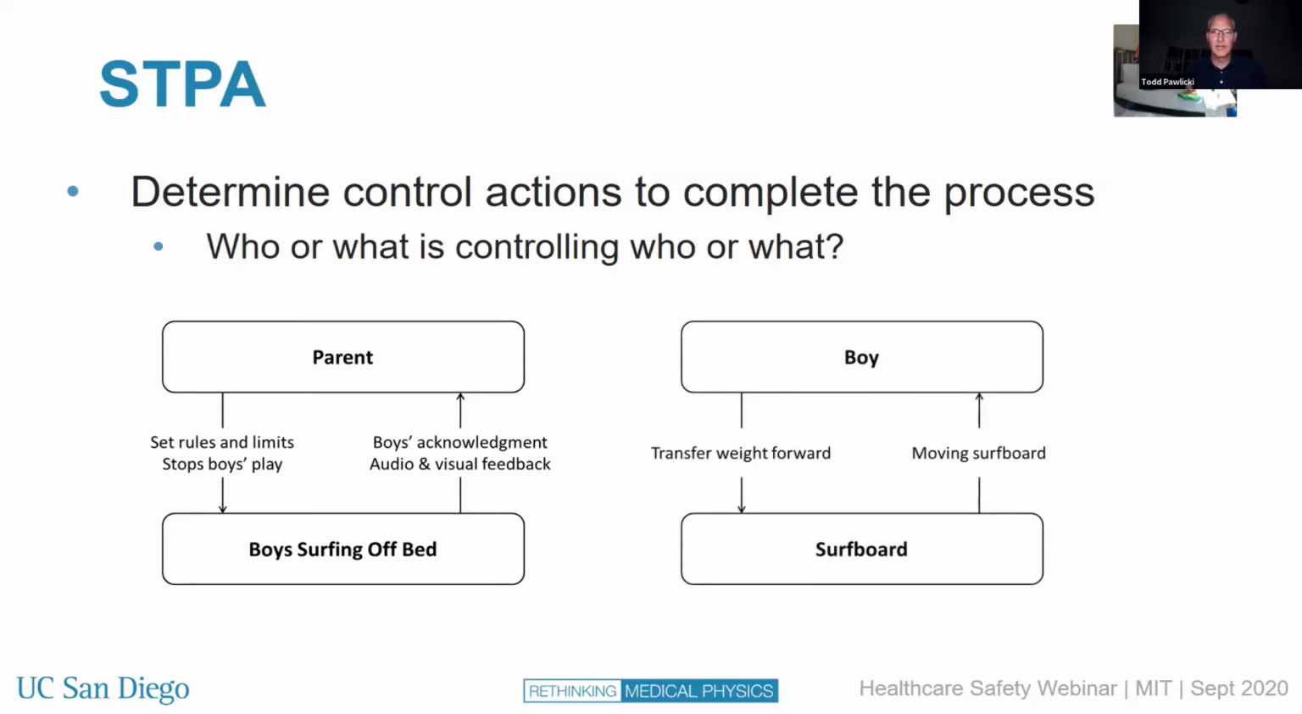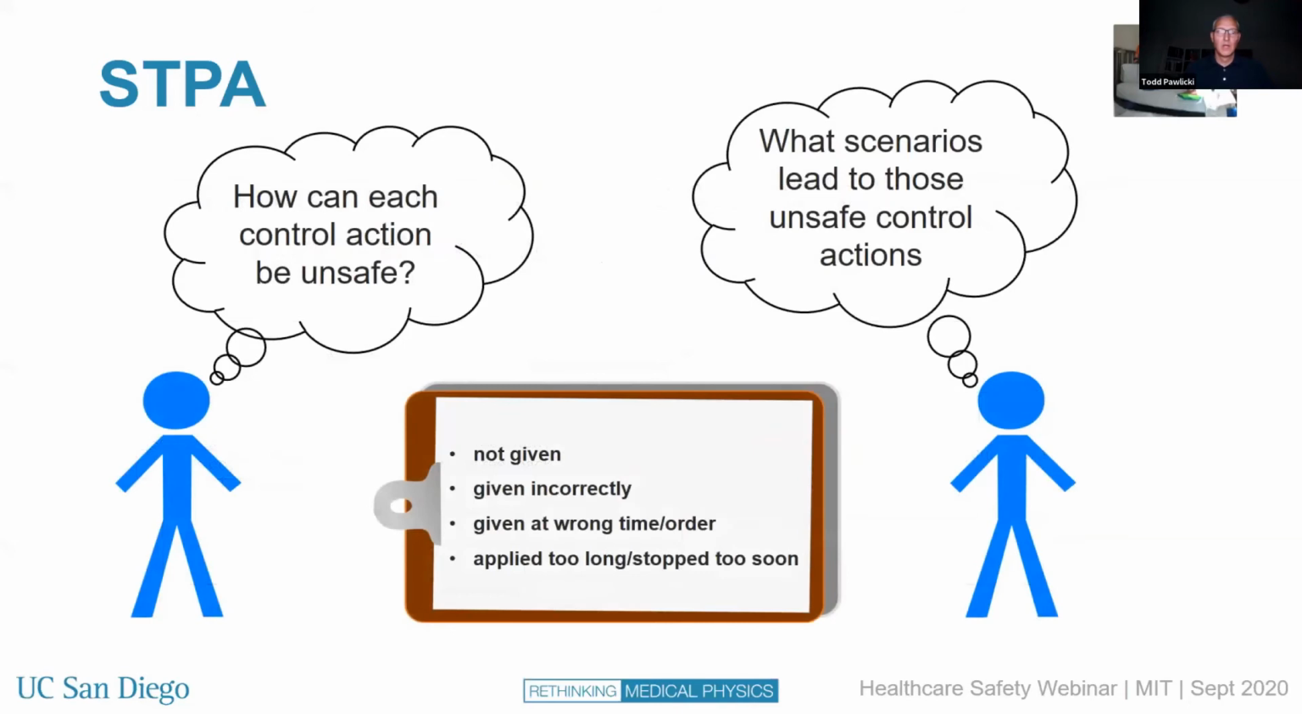We're also going to look at the control loop of the boy controlling the surfboard. So the boy transfers weight on the surfboard, gets the surfboard to move and go off the bed, and that moving surfboard is feedback for the boy. So we'll just look at these 2 particular control actions, one for the parent, one for the boy, just to make it simple. In order to analyze those control actions, we follow well-defined